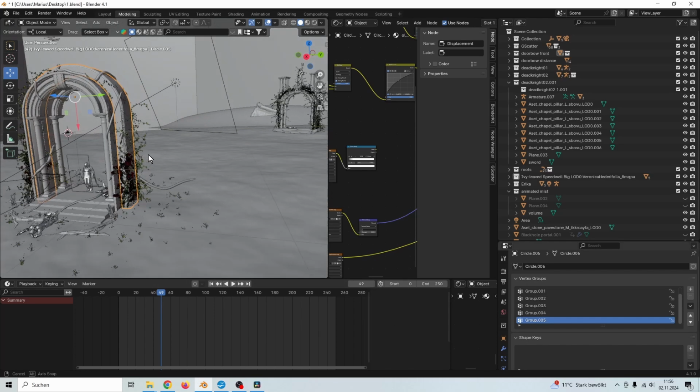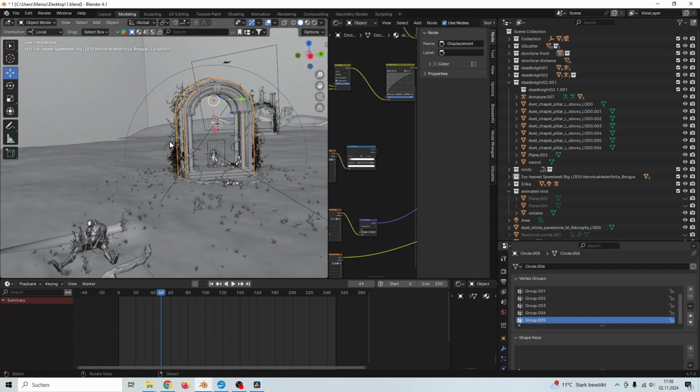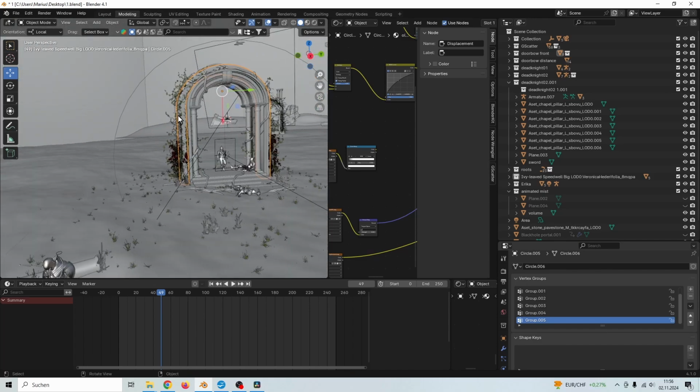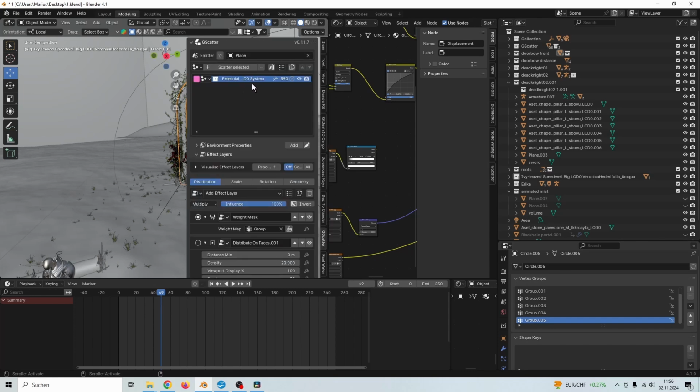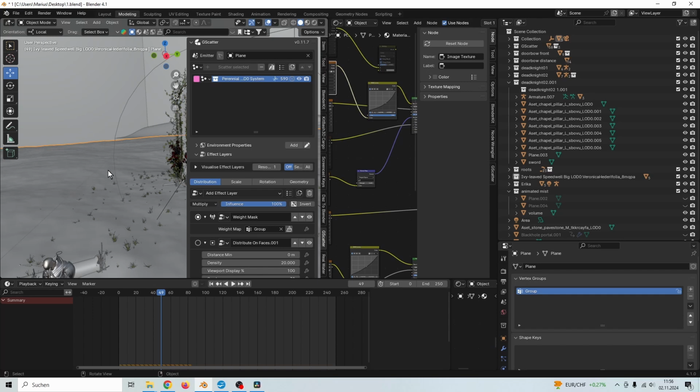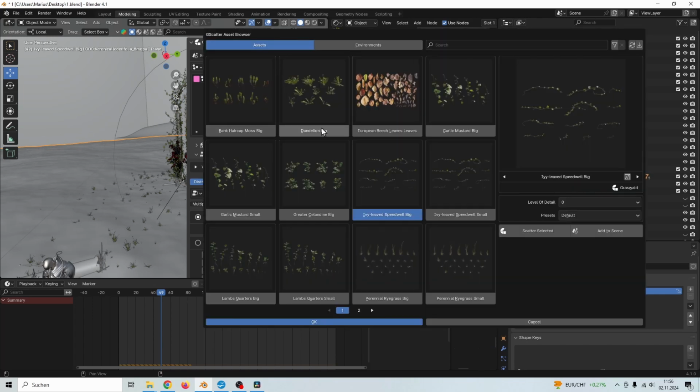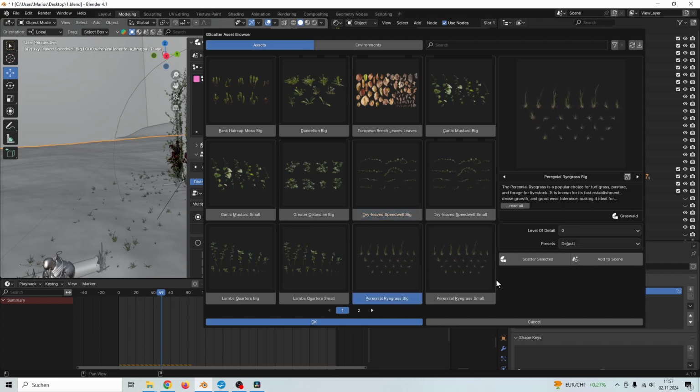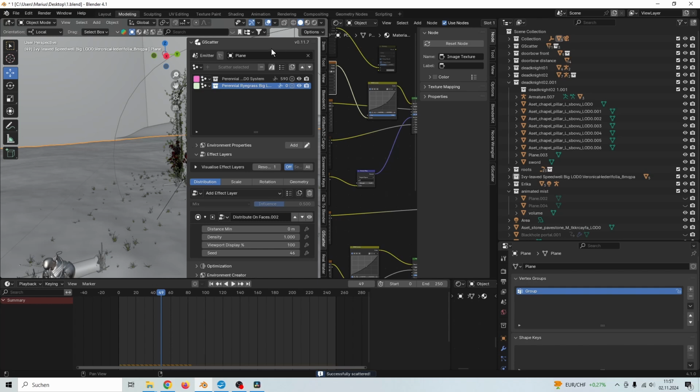The first step was adding some plants, for example those ivy or grass on the ground, and you can do this very easy with the free add-on called G-Scatter, where we can just select, for example, this plane as a ground and then go to the library and just add any plant you see here or buy some new ones. For example, this perennial grass, then just scatter selected. Okay. And now we have this in our menu,